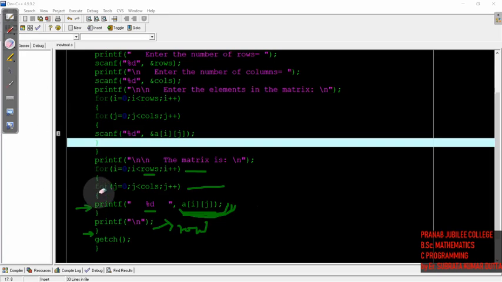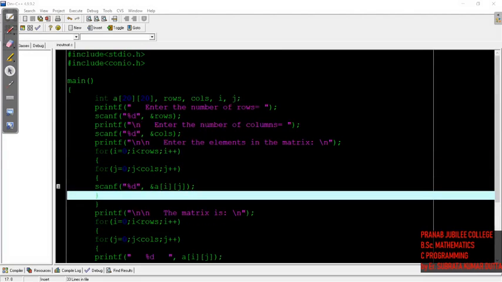Now let's see the output. Let us consider an example. Say the user has given a number of rows value of 2, and the number of columns value also 2.